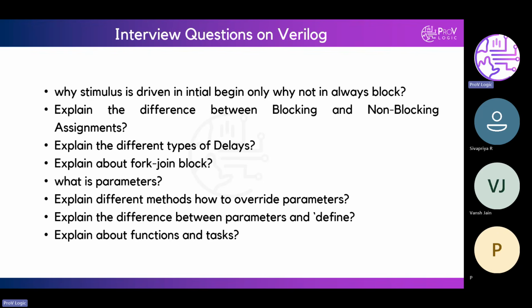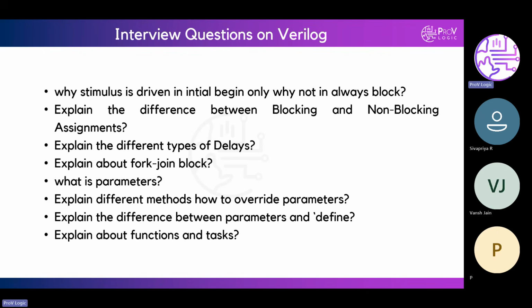Both serve the same purpose, but parameter is a keyword in Verilog, whereas tick define, tick include are all preprocessor commands. Is the only difference technical, or is there any other difference? I don't know, sir.